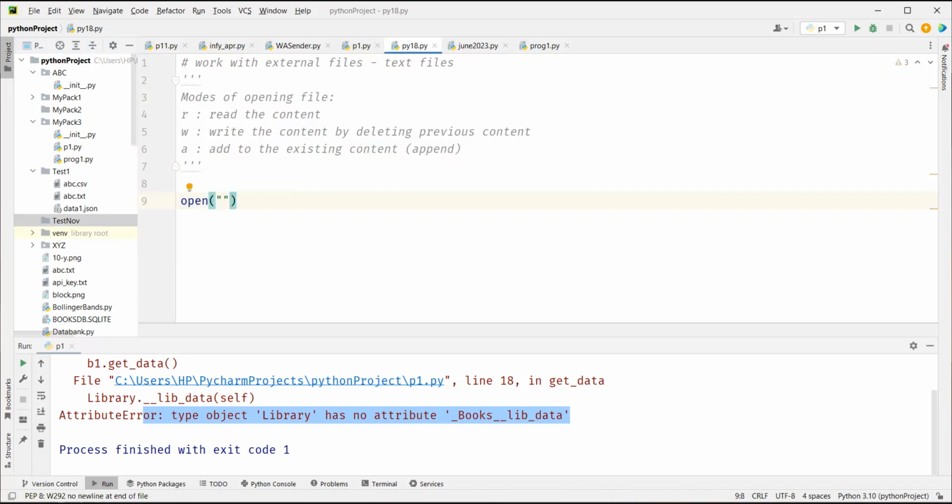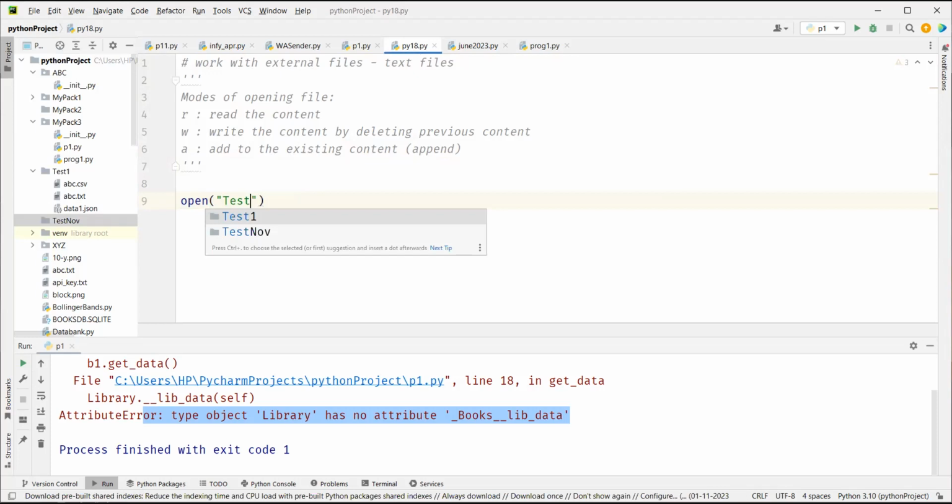One is called absolute path, and the second is called relative path. Absolute path is when you give the complete file name, which means you're giving d:/, so you're including the drive name also, C, D or whatever. You give the complete path. The second type is called relative path. Relative path means where we are. We are in the py18 file, and this is the location that you see on your screen. So with respect to this location, where do you want to go? Our test November is in the same location, so I can directly say